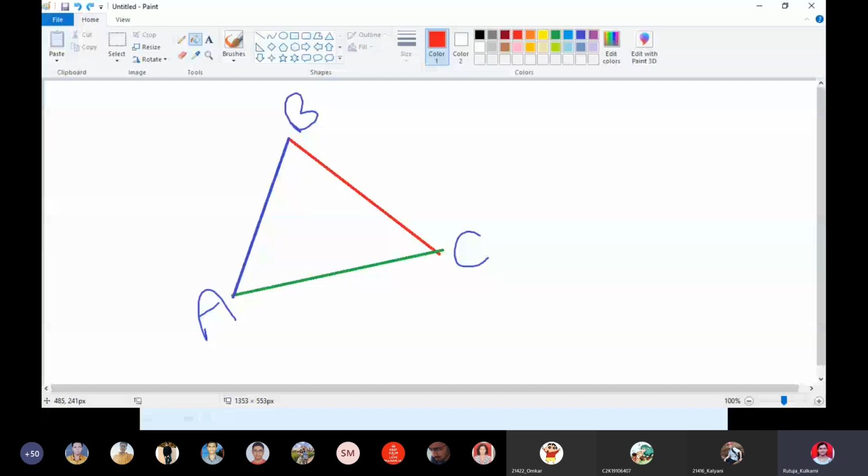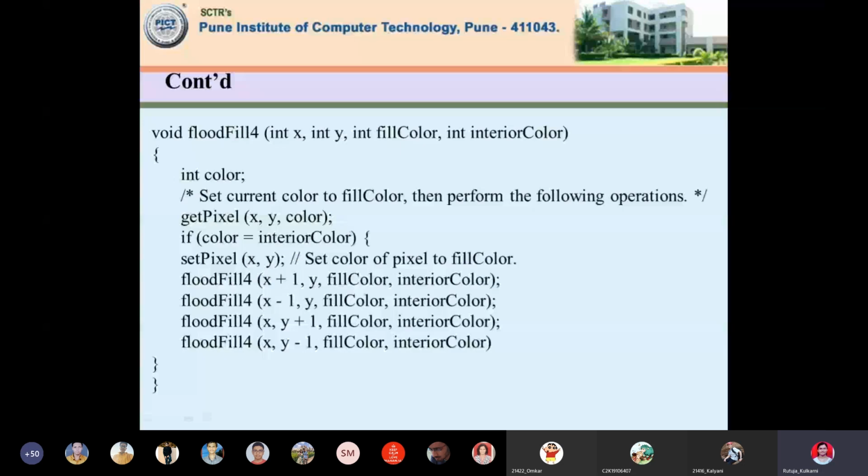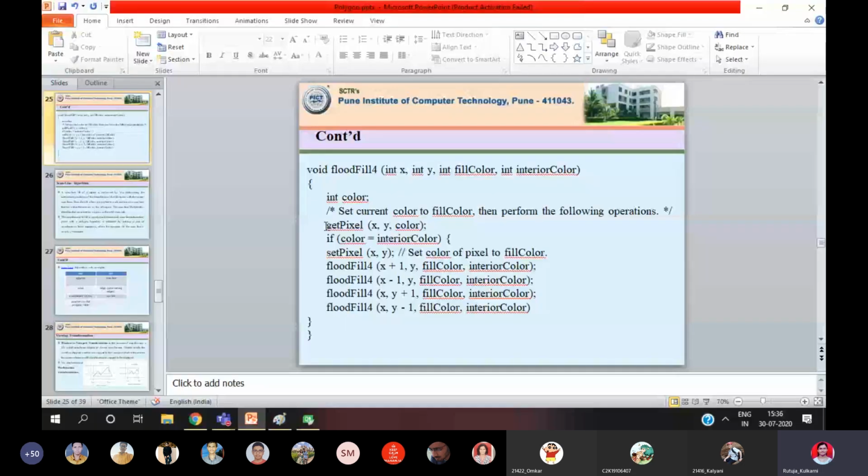Let's see the algorithm. Get pixel, get the color of the current pixel. The current color is white, so that is stored in the color variable. Now, is it equal to the interior color?